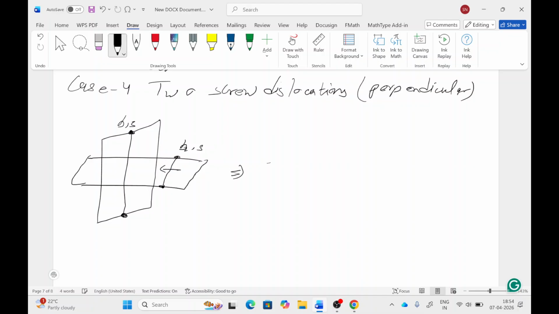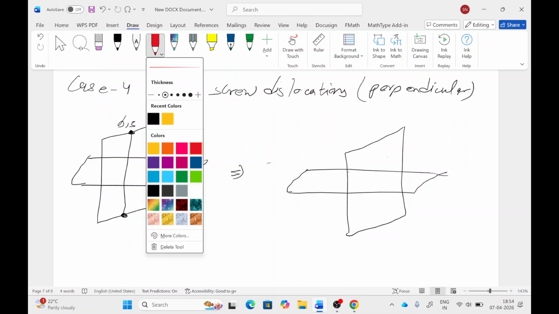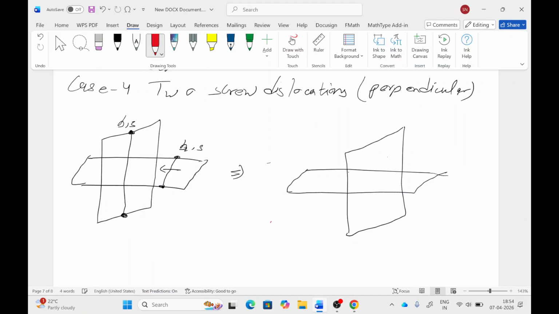So after interaction, B1 will get shifted like this,